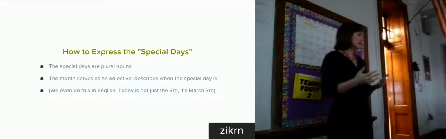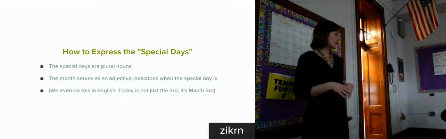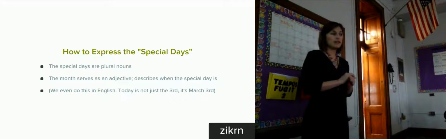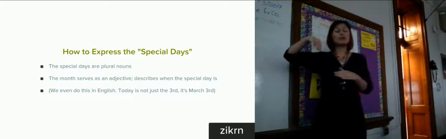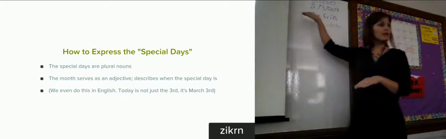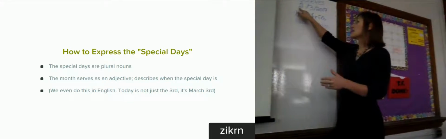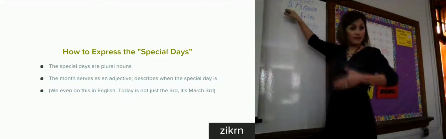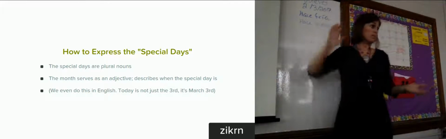Now, in the American dating system, we would write today as March 3rd, 2017. But the European dating system, or basically anywhere outside of our country, they do it in the reverse, which technically makes more sense for the adjective-noun relationship. The Spanish teacher, whose class shares our classroom, writes the date up all the time. So this was her date from yesterday's class. It is the 2nd of March, 2017. So this is the noun, this is the descriptor of the noun, and then this is the year. It's pretty logical, right?